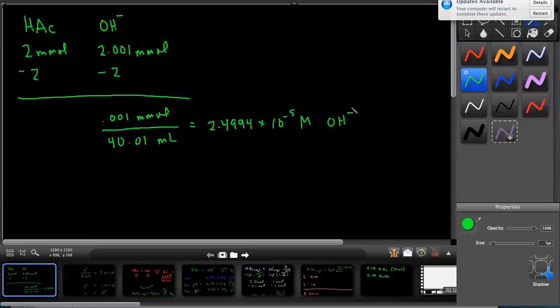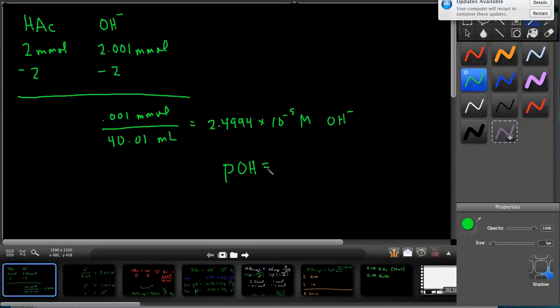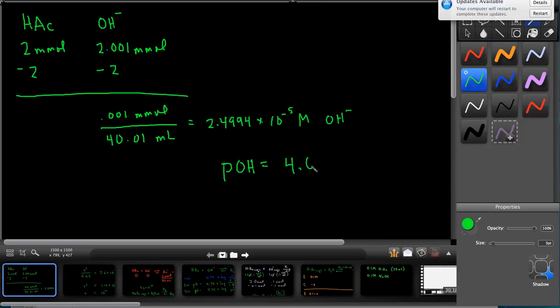If I take the negative log of this number, I will obtain the pOH, which is 4.60, which now means my pH is 9.40. So by adding a very small amount,